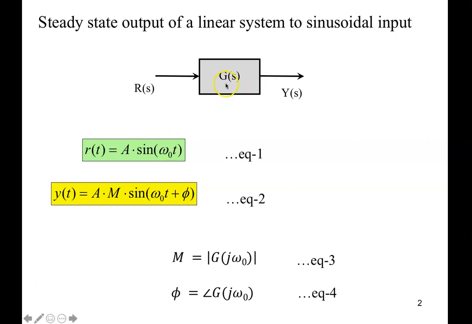Once you've done that, because omega naught will be a number, G(s) is a transfer function with the only variable s. So if we replace every single s with j omega naught, you will end up with a complex